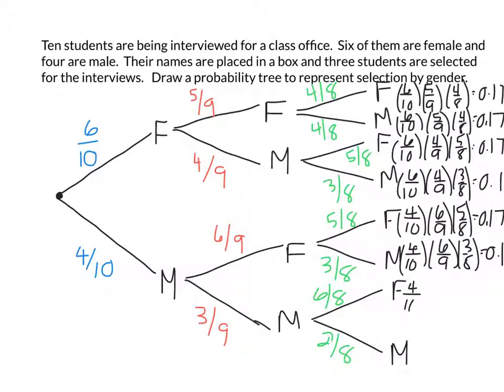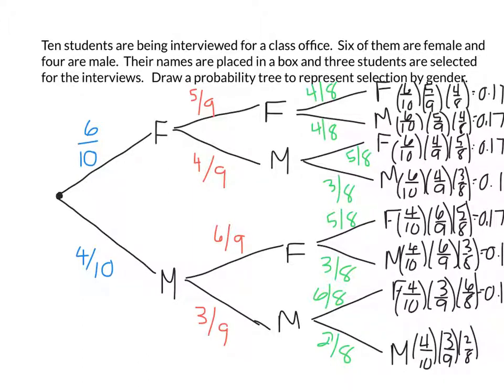Next set will be 4 out of 10 multiplied by 3 out of 9 multiplied by 6 out of 8 will give us 0.1. And our last one, 4 out of 10 multiplied by 3 out of 9 multiplied by 2 out of 8 will give us